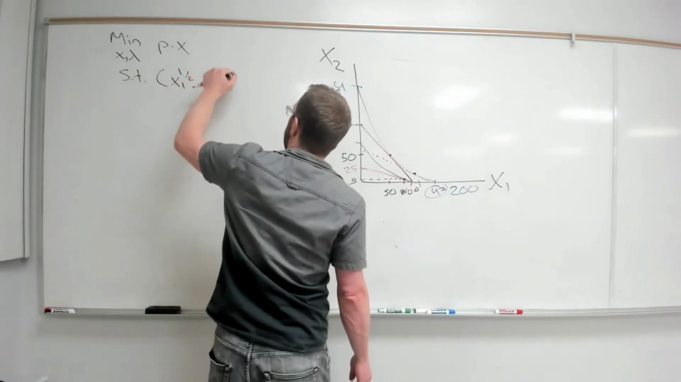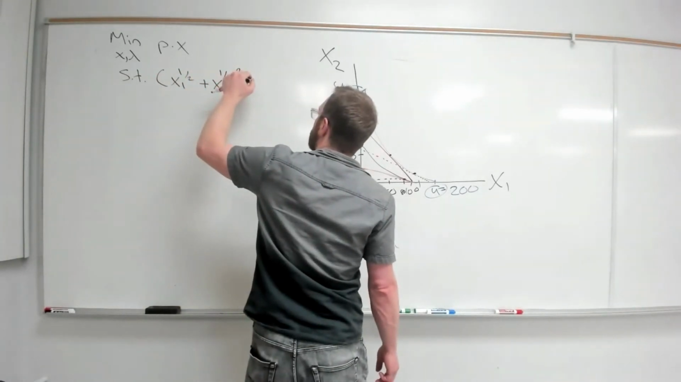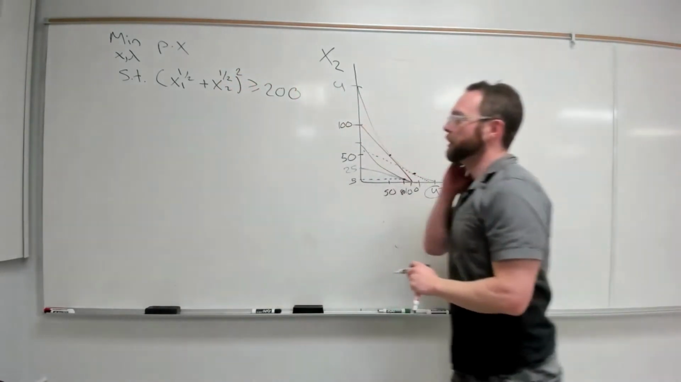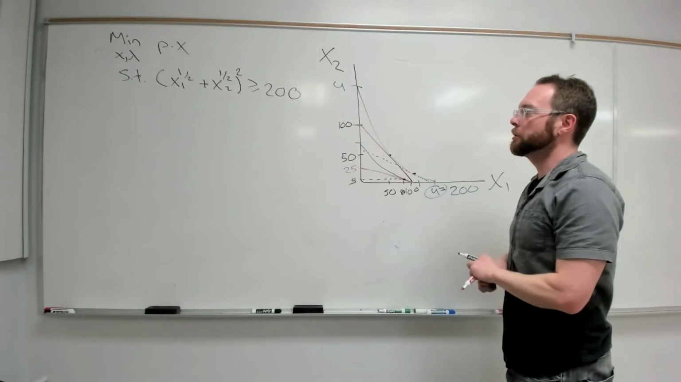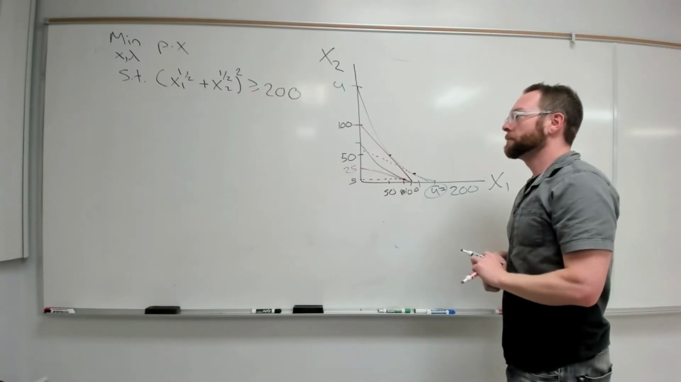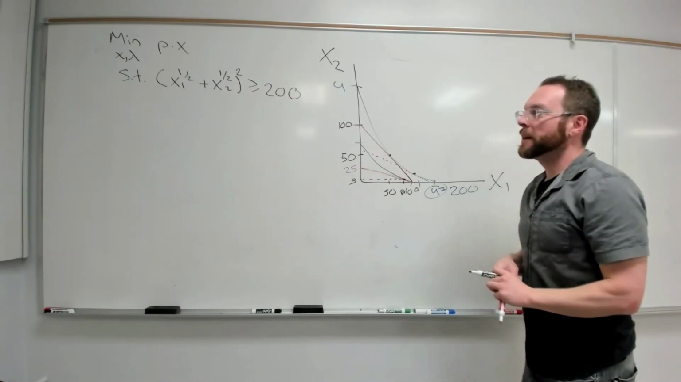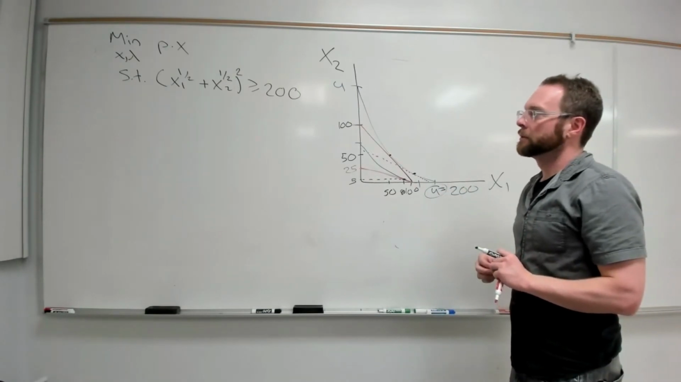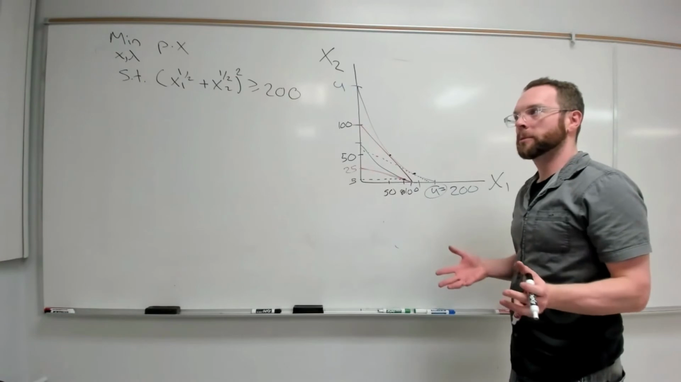function is at least as big as 200, or at least as great as 200. Gives us the utility of 200 or more. Now we can make an argument that since more is better for this utility function, you'll never want to not spend all your money. So if you always want to spend all your money,